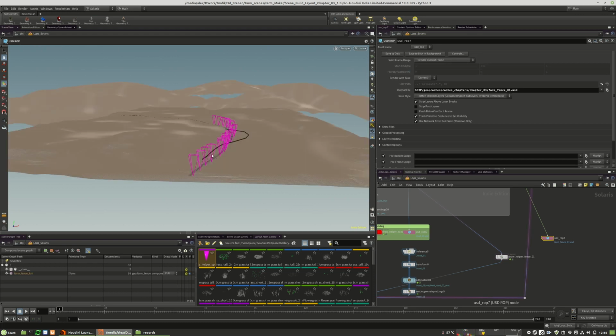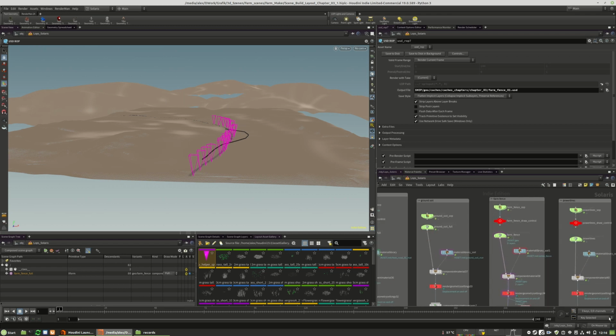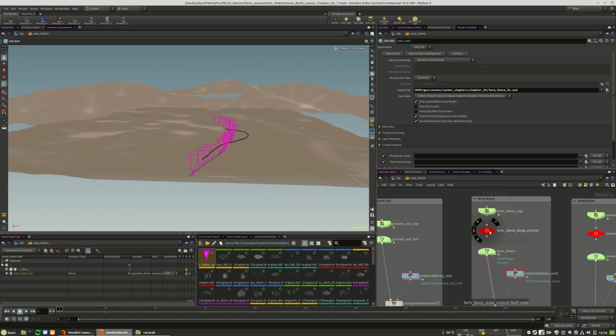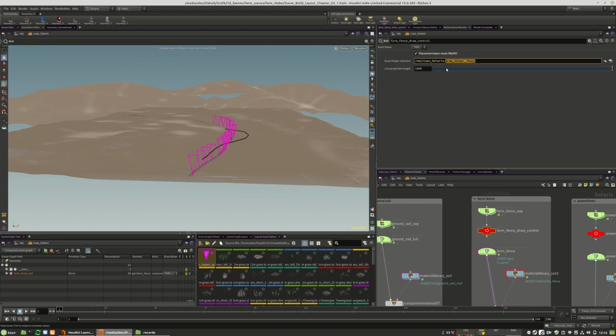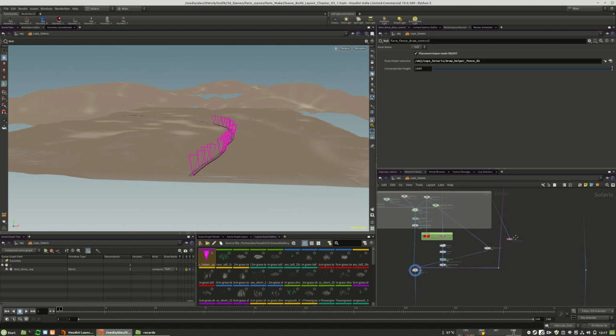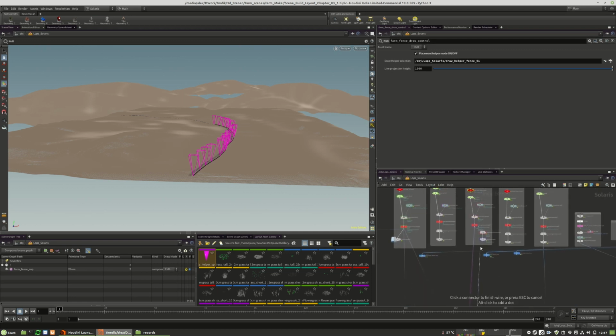So here we have it, and you see we have not connected the new path currently. So we will set this to manual mode temporarily, go into our farm fence control, and here we will copy in what we have pasted, draw helper fence 1. And now we switch back to mouse up, and we'll look at the result, and I see we still have not correctly connected our road to what we try to output. So this is following much nicer. So we will connect this here